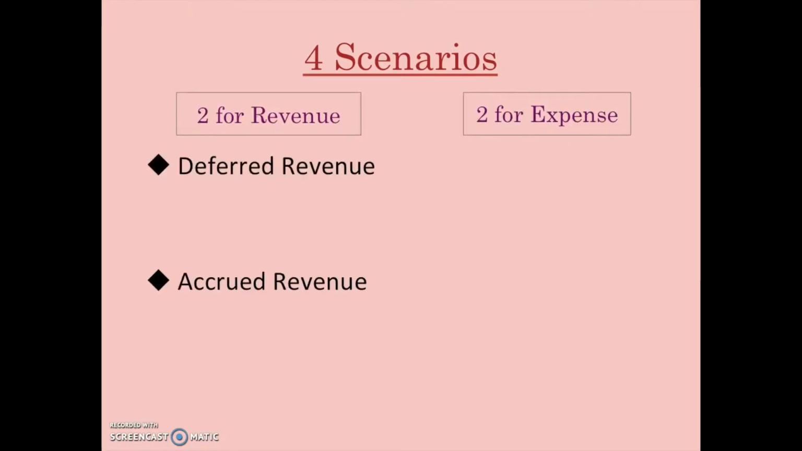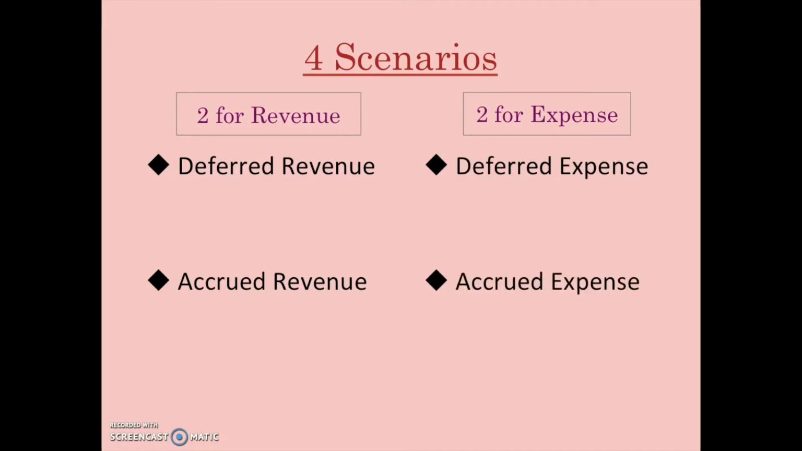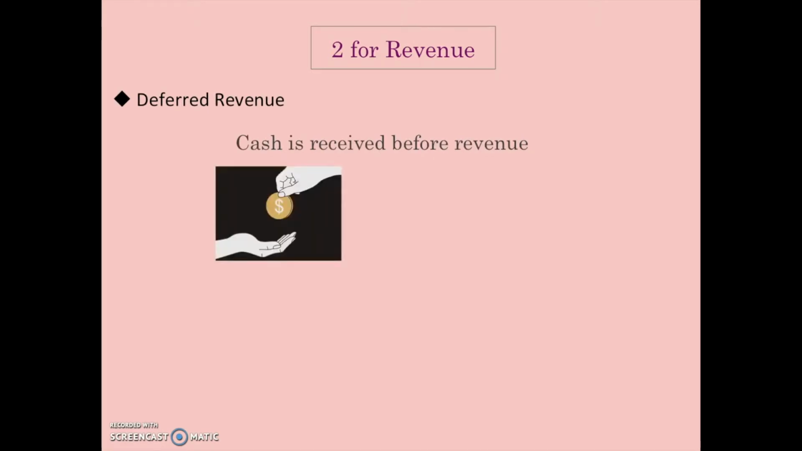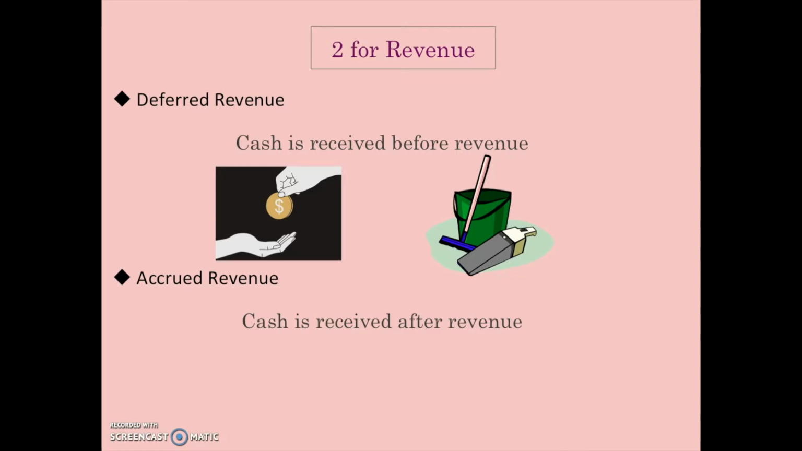For revenue, we've got deferred revenue and accrued revenue, and for expenses, we've got deferred expense and accrued expense. For revenue, with deferred revenue, cash is received before the revenue. So for example, the cleaning company receiving money for its service for the whole year. And we've got accrued revenue, where cash is received after that revenue. And the example for this is to say that the cleaning company cleaned the office first and then billed the